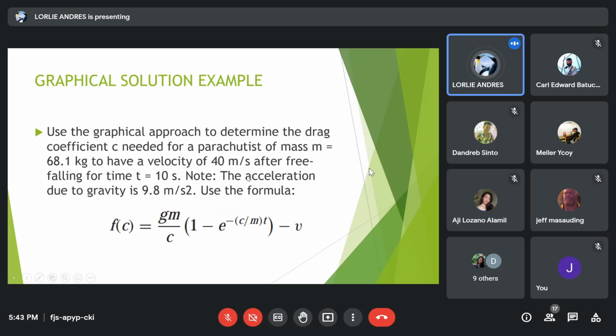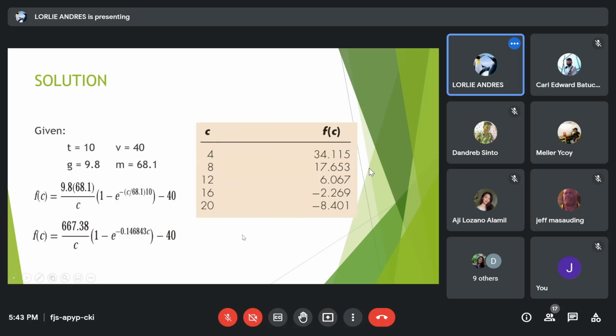which is your C. So we'll use this formula using the graphical solution for us to find the root of this equation. So for the solution, given the T, the G, M, and then the V, we'll substitute those values in the equation. Take note that our M is 68.1, our G is 9.8, and then our